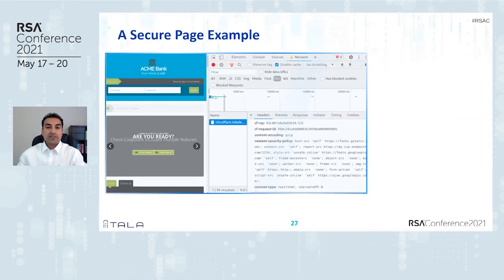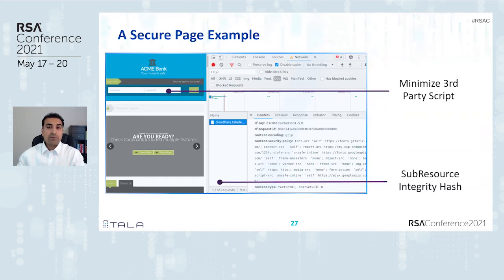Now that we have understood the defenses in theory, let's take a look at a sample web application that has implemented these defenses. In this case, I'm going to act as the website owner and walk you through that. So first of all, I know all the resources and third parties that are in this website and web page. I've examined them all and reduced the number of third parties that are loaded. The one essential script that was really required for my application, I have protected it through a sub-resource integrity hash so that no one can tamper with it.